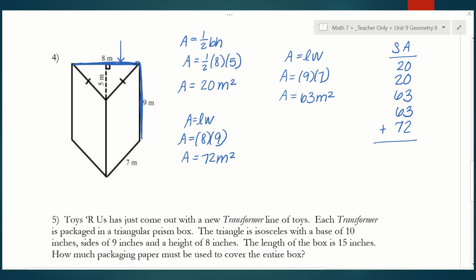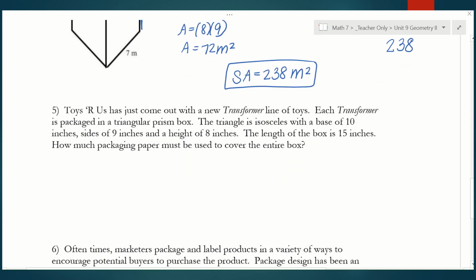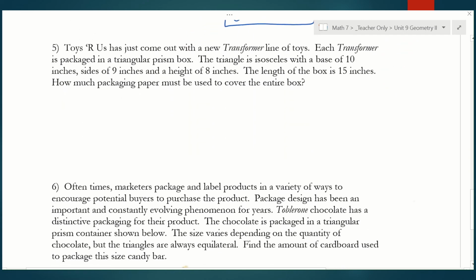All right, so if I add all 5 of those sides together, I hope that you guys got this, 238 meters squared. All right. Okay, so let's take a look at 2 different word problems, and then we will be done with